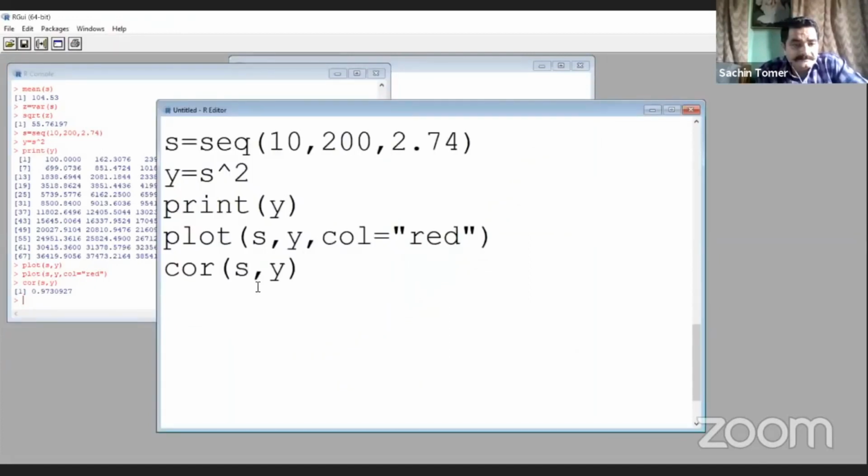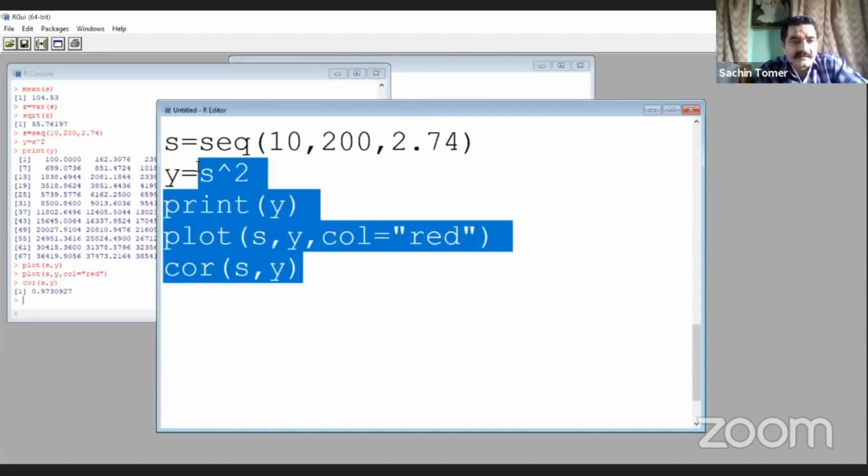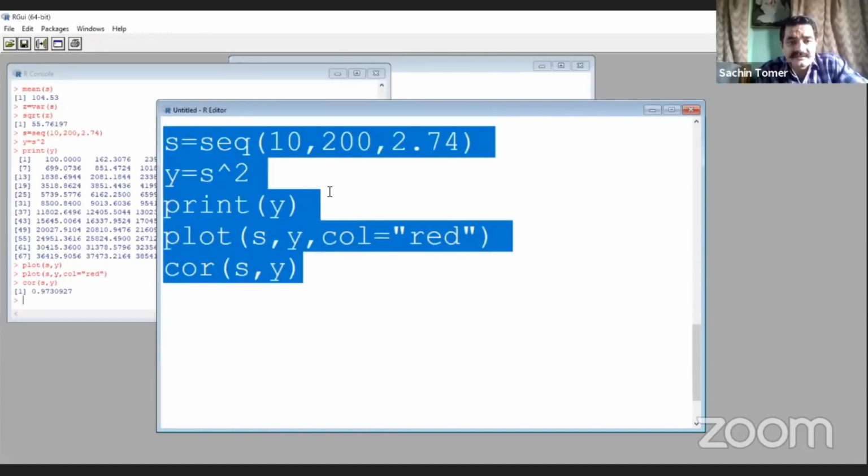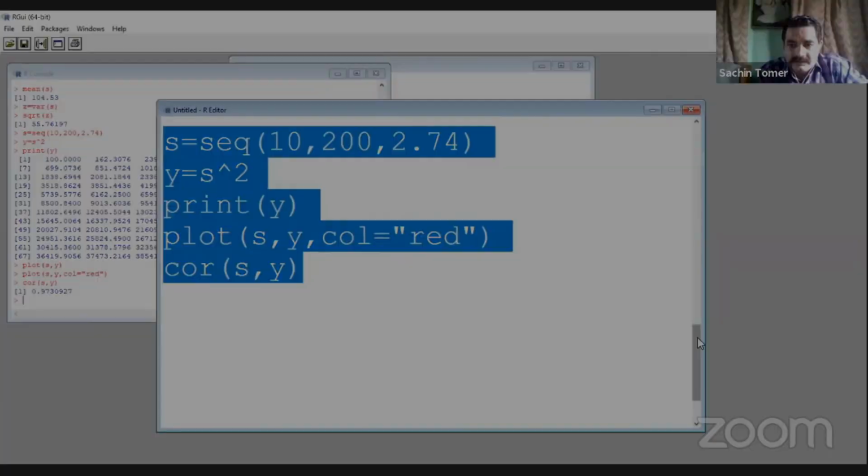So these were the functions through which we can calculate some statistical tools. We have more things to discuss, but I think I should stop now because I have given a lot of things. You will be confused if I give you more things. So I should stop here.